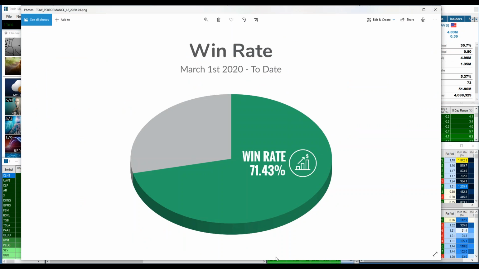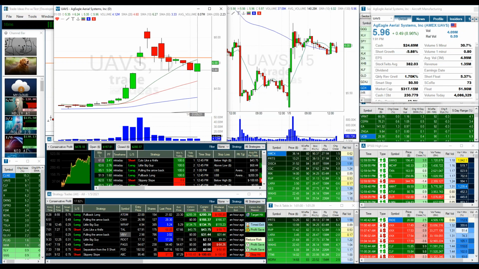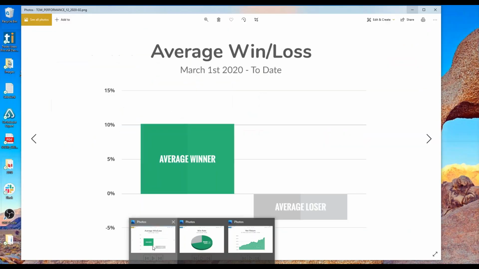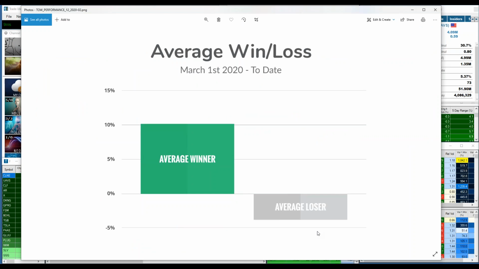The second one is very important. It's not so much having to do with what your win rate is. It just so happened the win rate was 71%, but I wouldn't be surprised, nor would I care, if the win rate was 55%. It wouldn't bother me at all, because what really matters ultimately in the end is what we call the average win-loss. And the way it worked out, and this is what we want to strive for, the average winner across the board, across all trade of the weeks at the end of the day on Friday, was a 10%